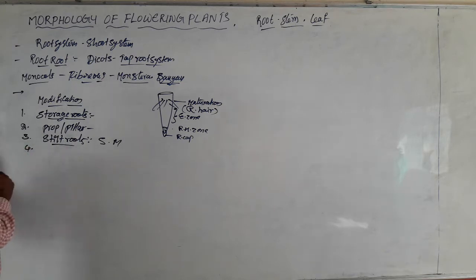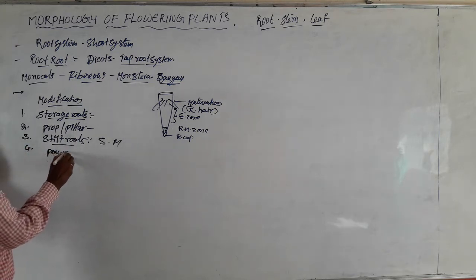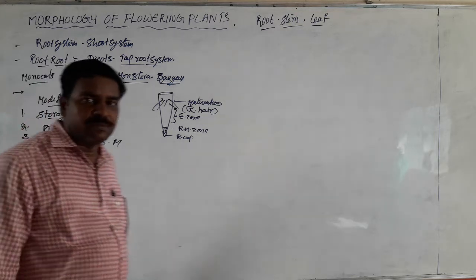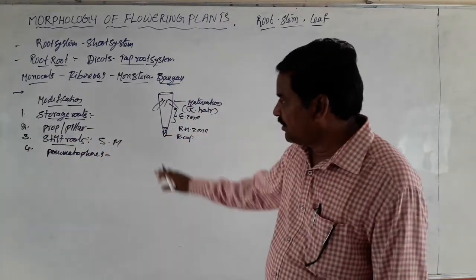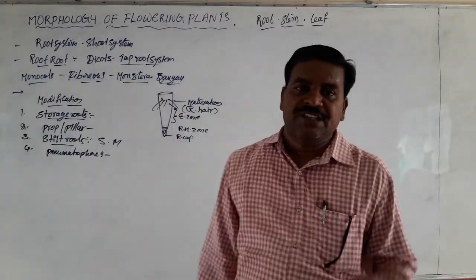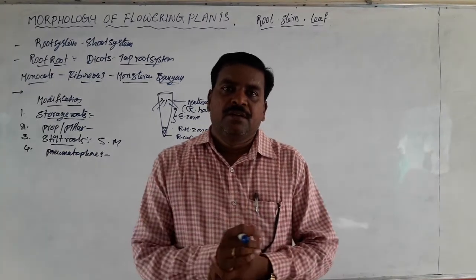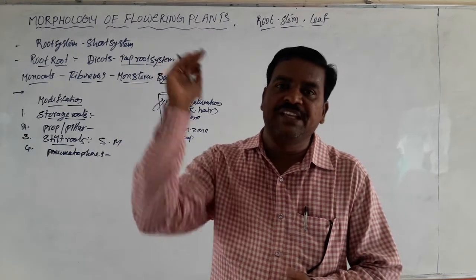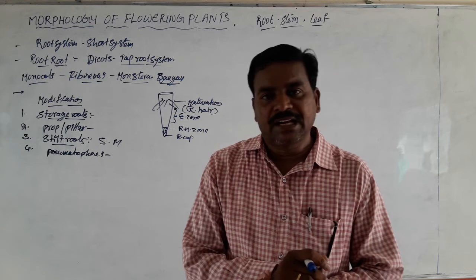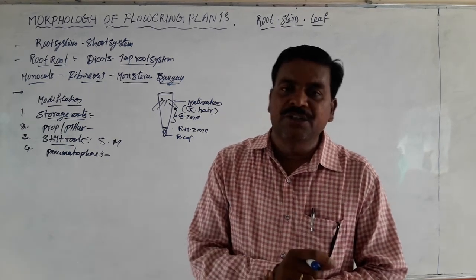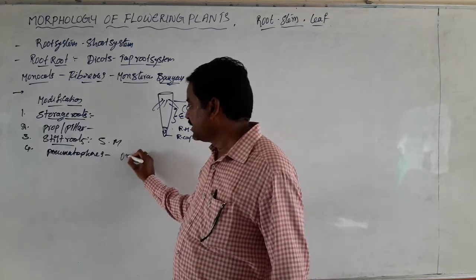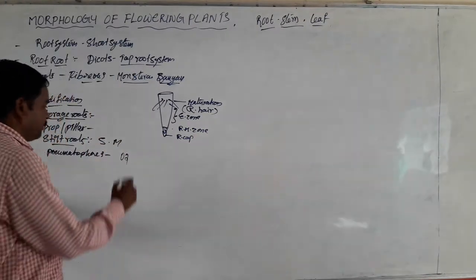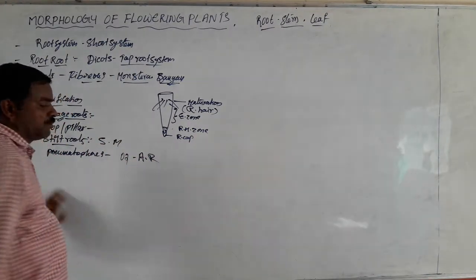And the fourth one is pneumatophores. Pneumatophores are also called breathing roots or respiratory roots. Generally they are present in mangroves or halophytes. Some roots developed from normal branches of the root inside the ground grow in a negatively geotropic manner. They contain minute pores called pneumathodes. They help in absorption of oxygen from the atmosphere. They help in breathing. Best examples, Avicennia and Rhizophora.